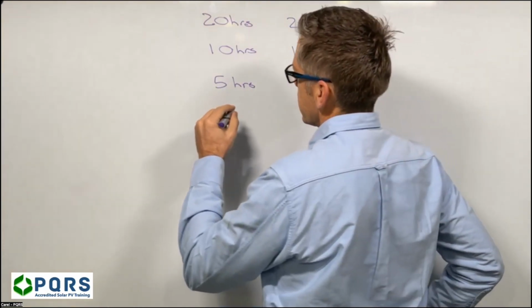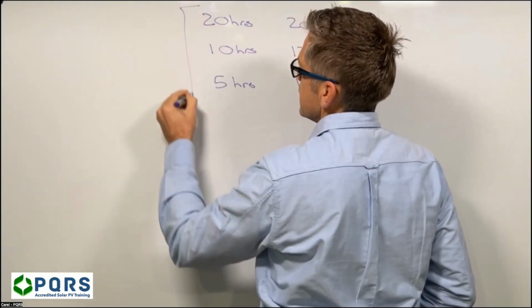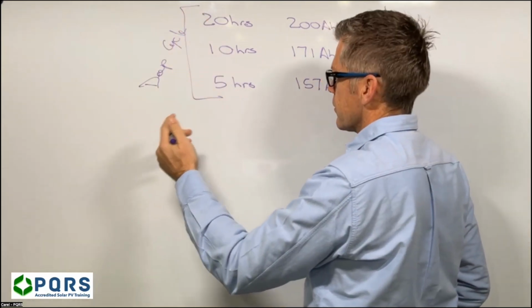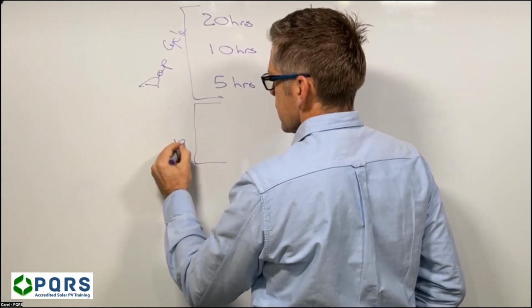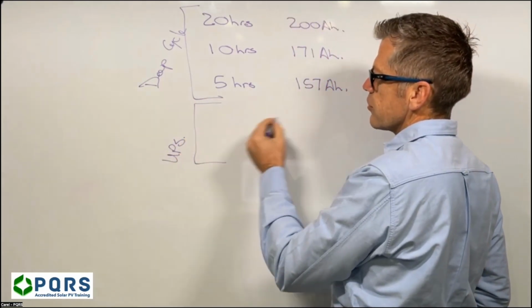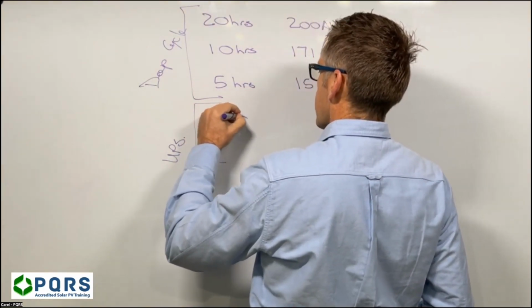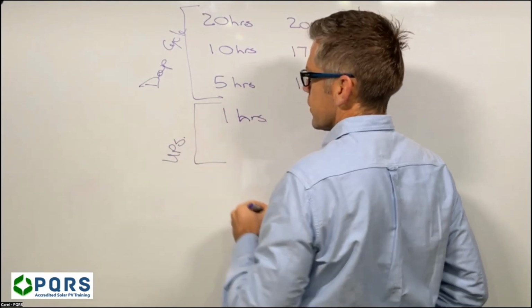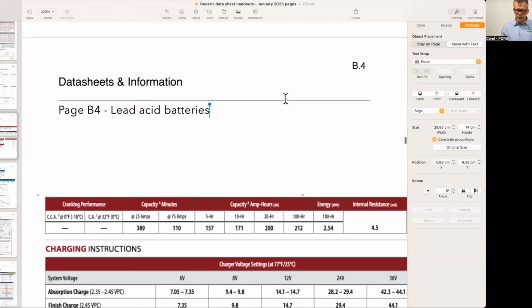You will find with some other batteries, this one is deep cycle, which means it's supposed to be discharged over a longer period of time. You do get other batteries that are more UPS type of batteries where the discharge rates will be shorter. So you might end up with a 1-hour rating, and you'll end up with less than 1-hour ratings. In fact, in the data sheet on page B4,